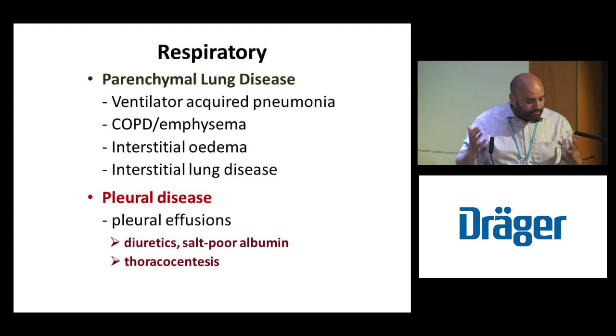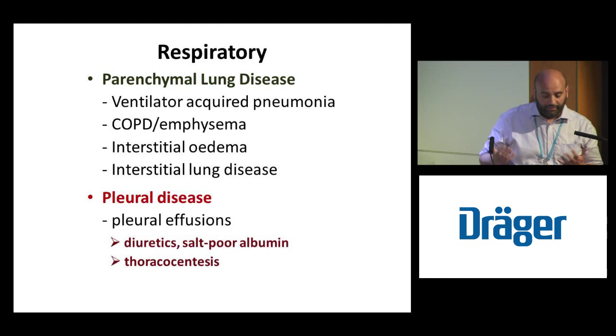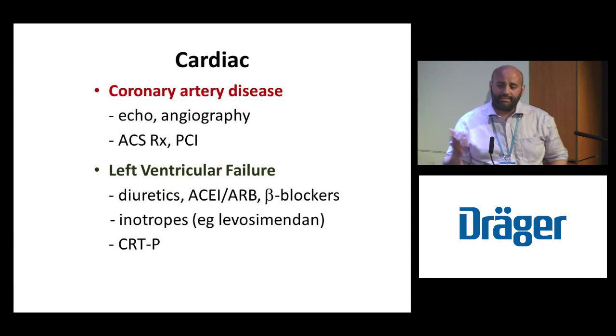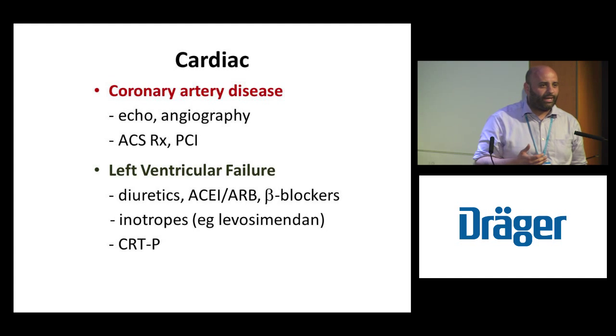Obviously one other sort of pleural restriction, but it's not really within the pleura, is BMI, which is another thing that you have to think of, but you can't actually modify there and then. Coronary artery disease, cardiac disease of any form, this is one of the biggest things that keep people wedded to